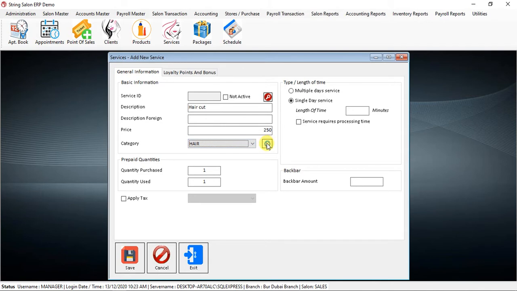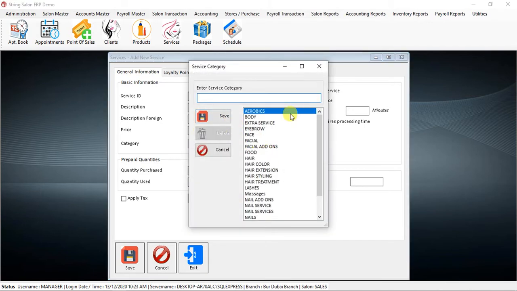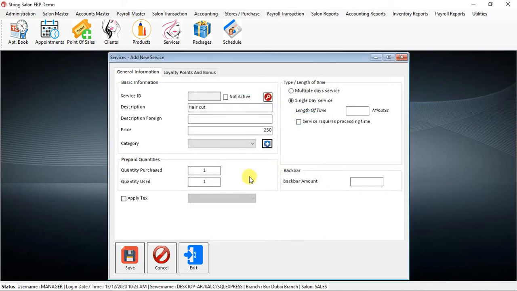If you want to add more, similarly you can click the plus button and add more categories over here. Now you will apply the tax for this one. For that, click apply tax, the sales VAT 15%,